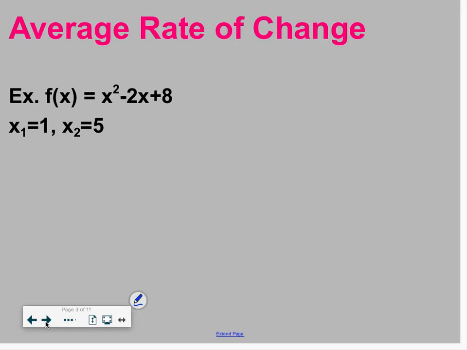Okay, so if I am asking you to find the average rate of change on the parabola x squared minus 2x plus 8 between x equals 1 and x equals 5, we know that we need to find the slope between 2 points, but we only know the x values. So what are we going to need to do? We're going to need to find the y values. So we need to determine what f of 1 is. If we plug 1 into this function,